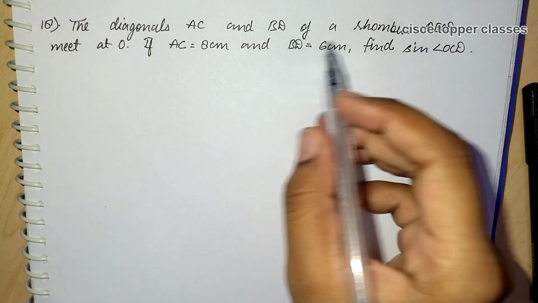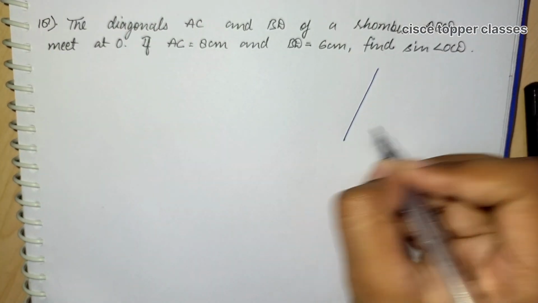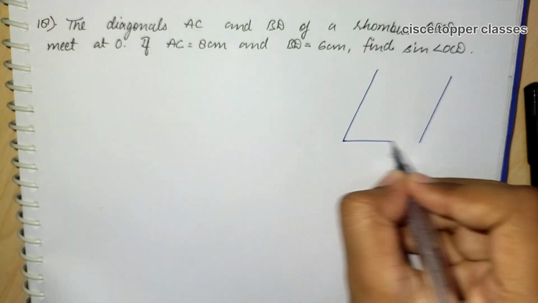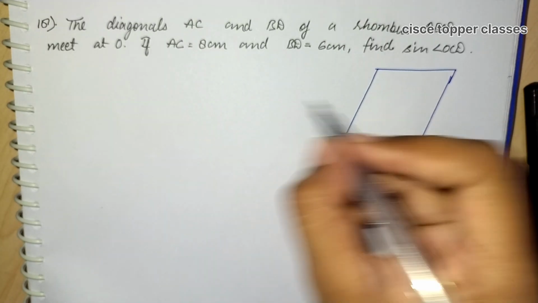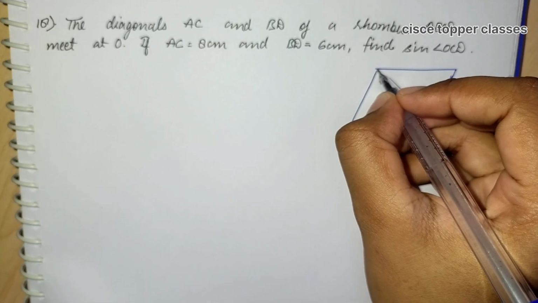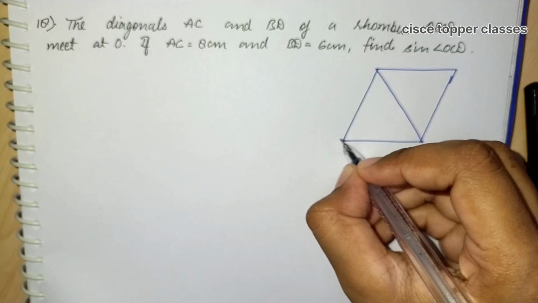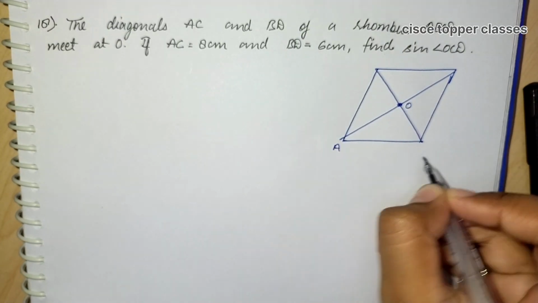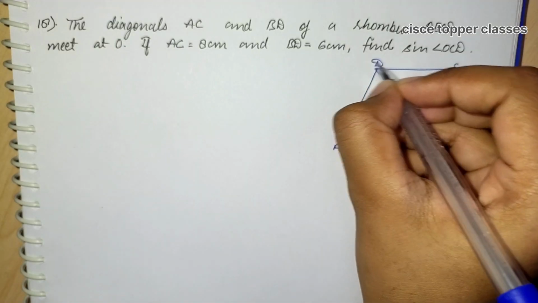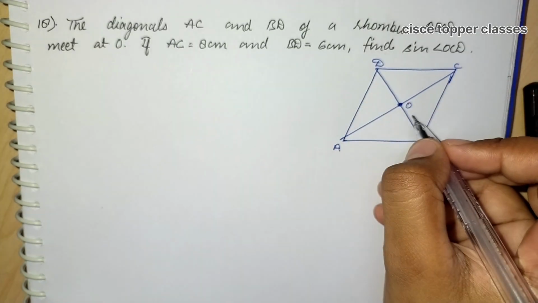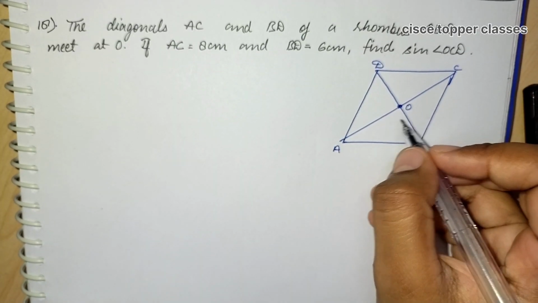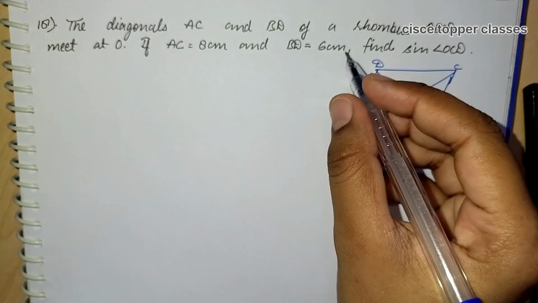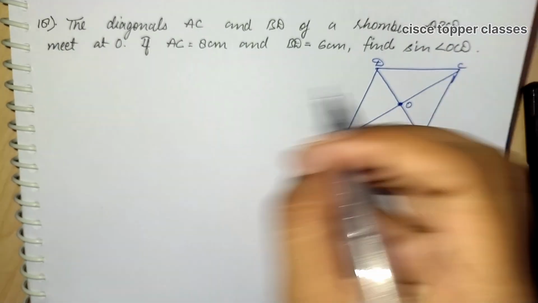The diagonals AC and BD of a rhombus ABCD. So this is a rhombus here, ABCD. The diagonals meet at O. Like this, these are the diagonals and they meet at O. So here this is ABCD and AC and BD meet at O. If AC is equal to 8 centimeter and BD is equal to 6 centimeter, we have to find sine of